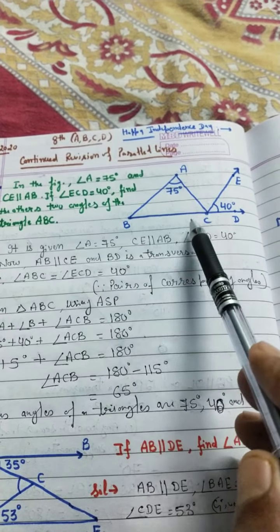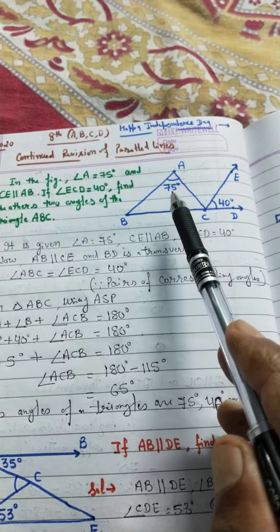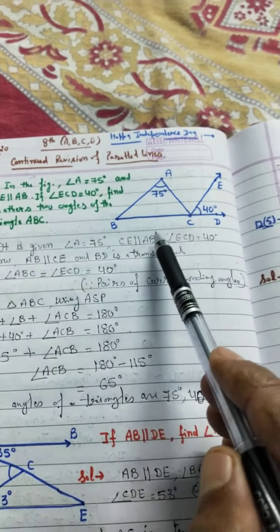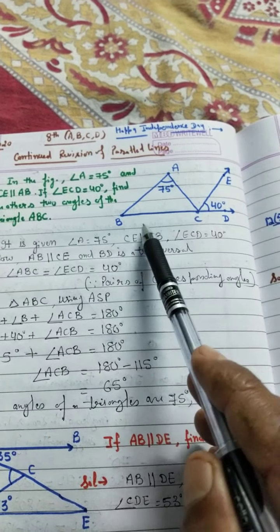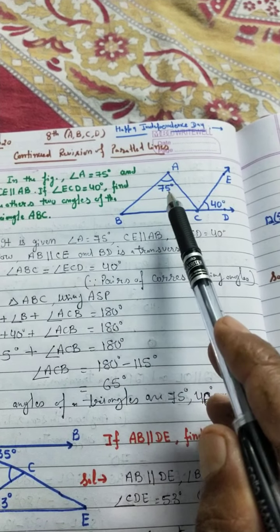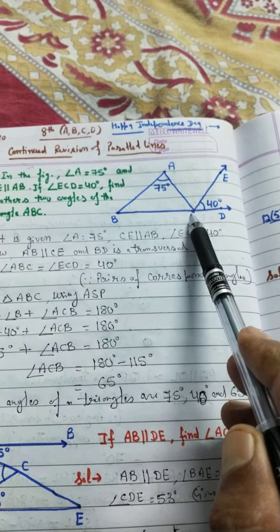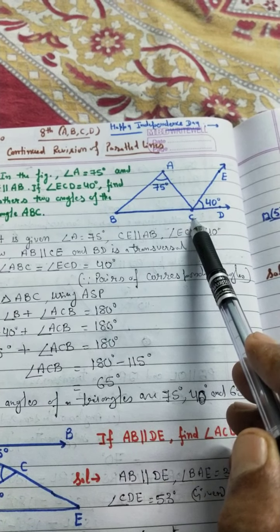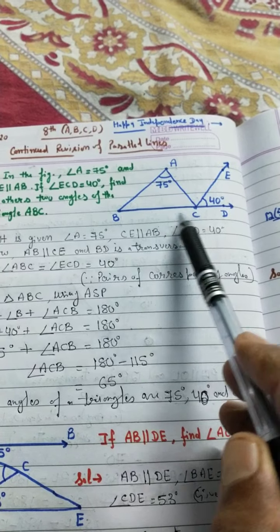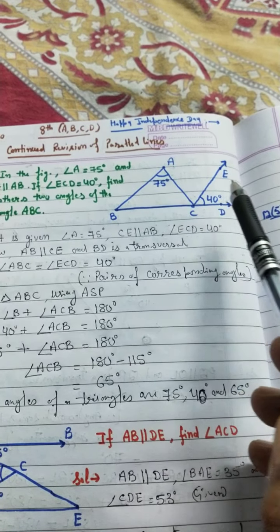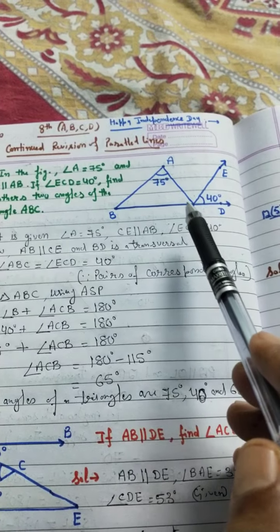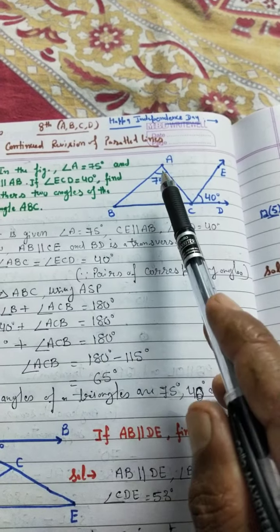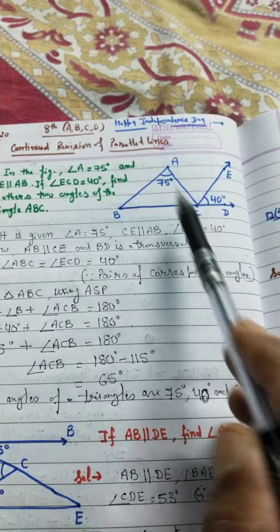In this triangle ABC, angle A is given. The other two angles of the triangle are angle ABC, or simply angle B, and angle ACB. The complete name of this angle is angle ACB, because angle ACD is made up of three angles: angle ACB, angle ACE, angle ECD. That is why you have to write the complete name of the angle in triangle ABC, angle ACB. So find these two angles.